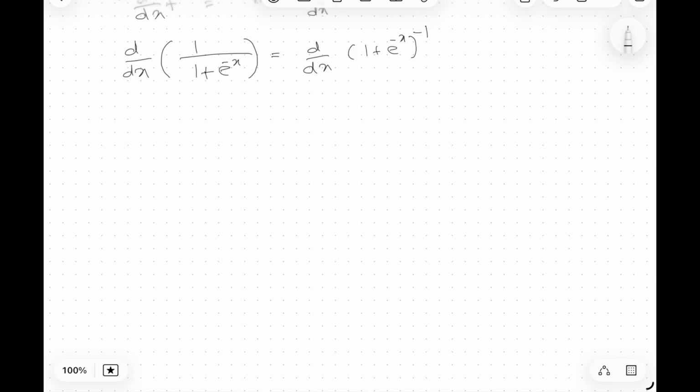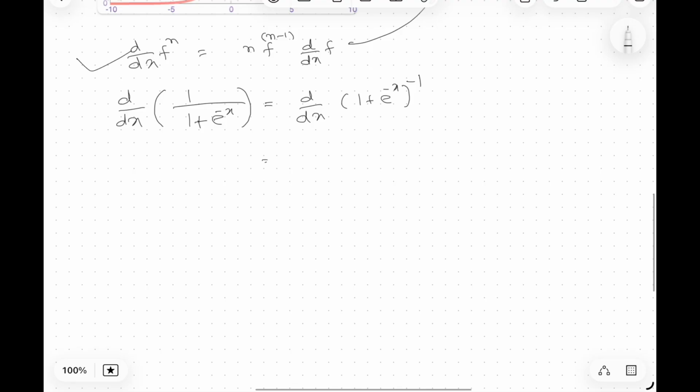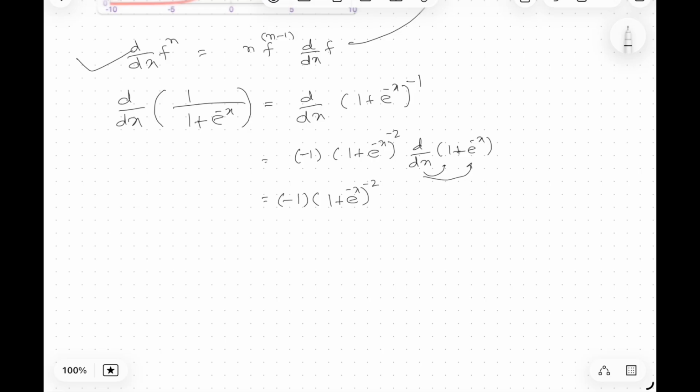which we can write again using this formula. Minus 1 will come here and (1 plus e to the power minus x), then the whole thing to the power decreased by 1, which will become minus 2, and then d over dx of the whole thing, which is 1 plus e to the power minus x. Now we will go along like this: (1 plus e to the power minus x) to the power minus 2, and d over dx of this plus d over dx of this will be 0,